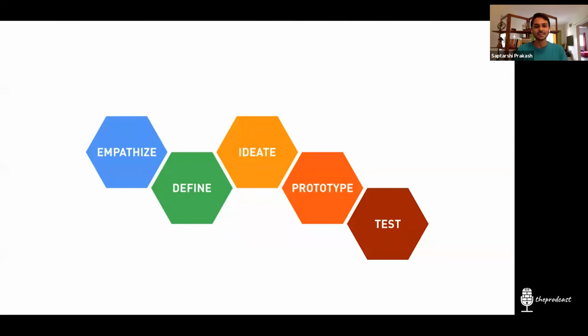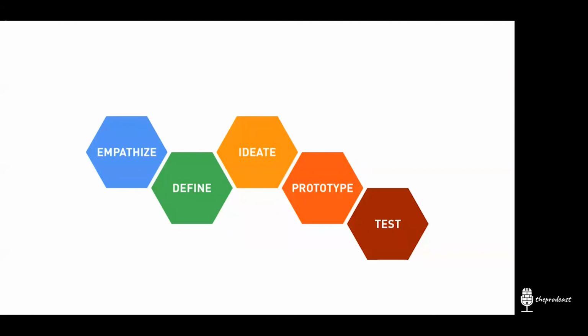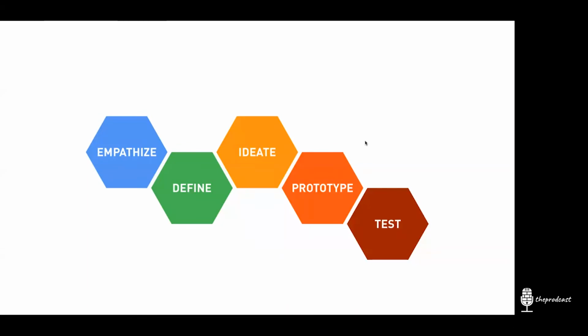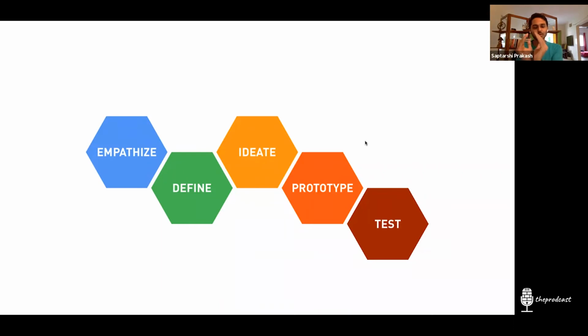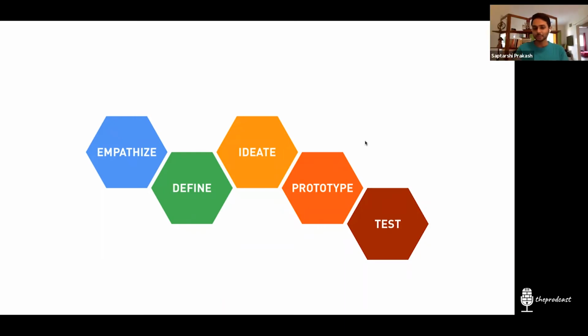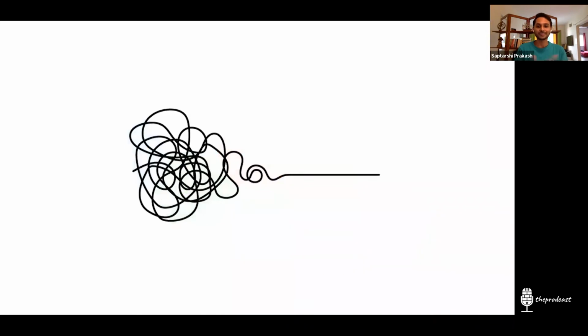Okay, the next one is design process. Again, if you do a Google search using design process and go to the images tab, you will see a lot of images like what you see on my screen right now. It says, first step is empathize, then you define, then you ideate, then you prototype, then you test. So this is the process they say it is. But I slightly differ from this, because what I've observed from my experiences, design processes are more often something like this.